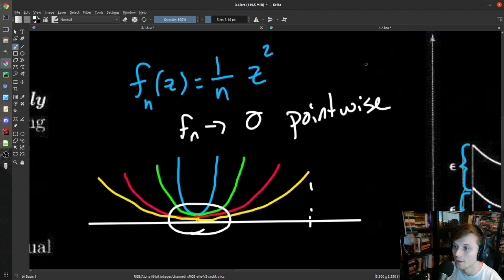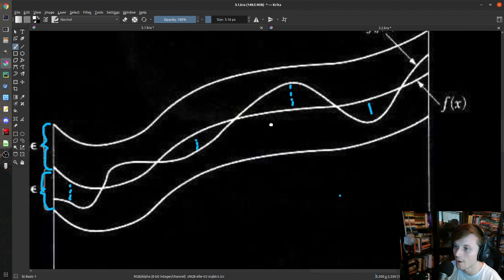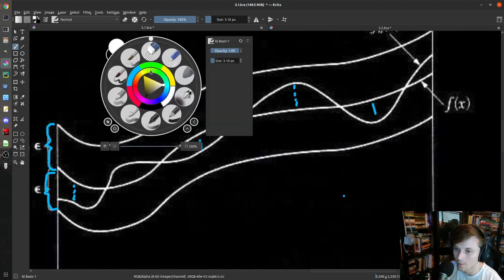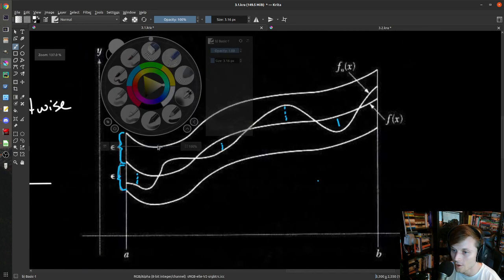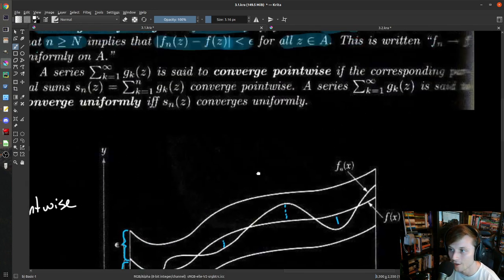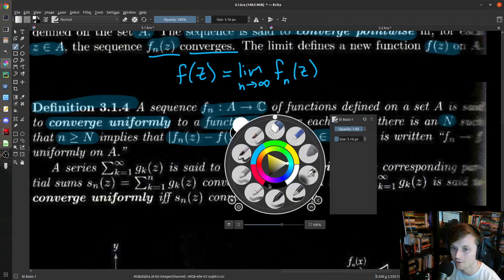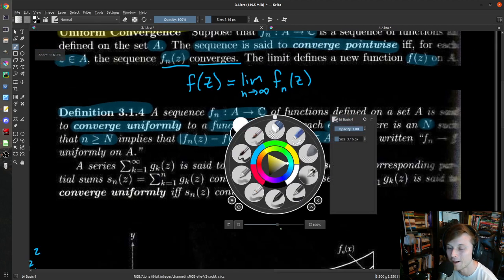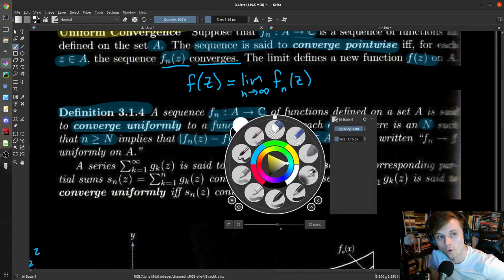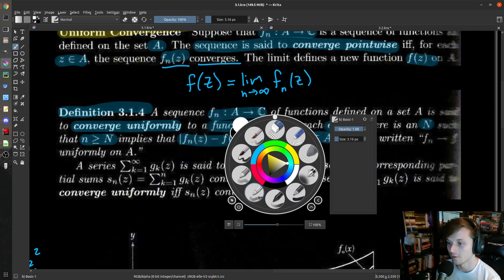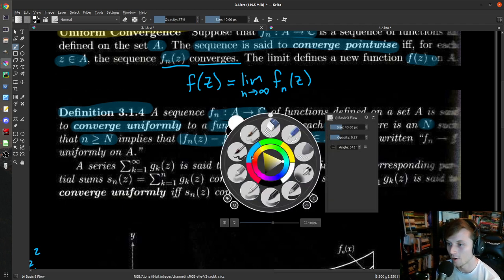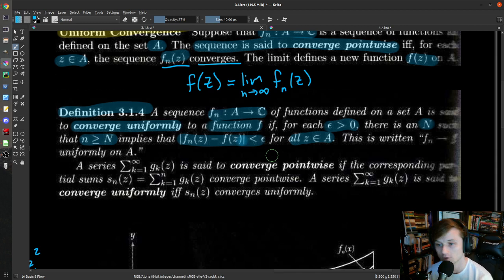And this is what uniform convergence is all about. It's about having these little epsilon bands that let you close in on your target function, on the limiting function. So that is a lot more restrictive form of convergence, and it will allow us to do a lot of nice things. So, of course, we can build series that define functions by using this notion.